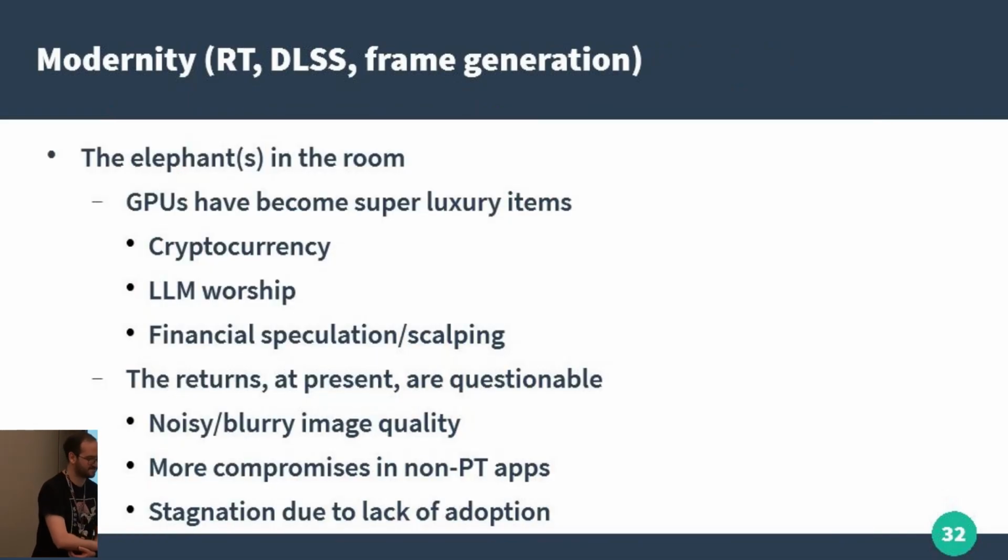Well, there are a couple elephants in the room regarding modern GPUs, which you're probably aware of. Over the past couple years, GPUs have gone from being expensive computer components to being super luxury items that cost over $1,000 for one of them. And that's for a number of reasons: cryptocurrency, LLM worship, thinking that AI is going to solve all our problems, and general financial speculation and scalping as a result of those previous two things. So ray tracing adoption has been stunted by these market conditions,